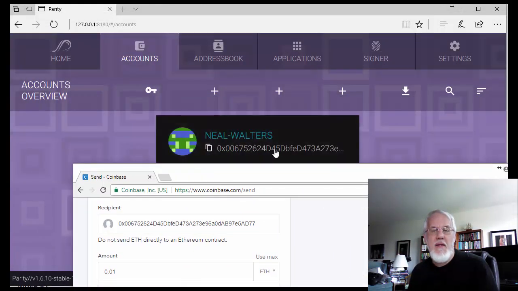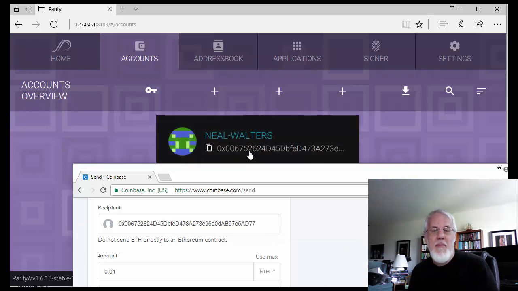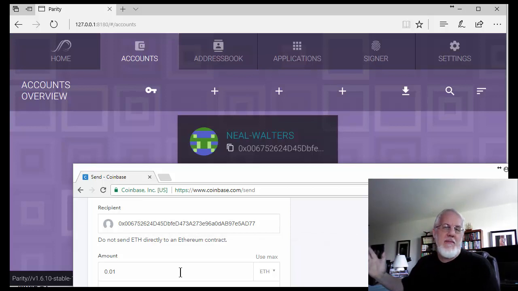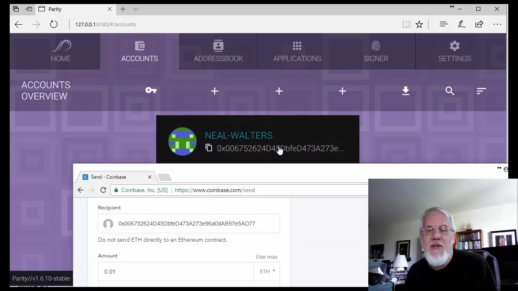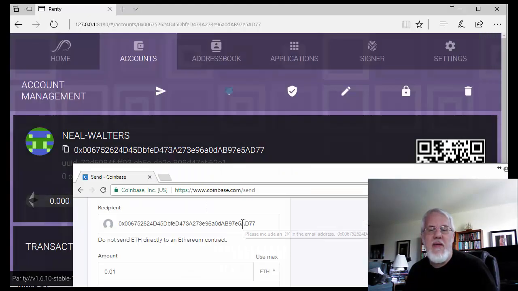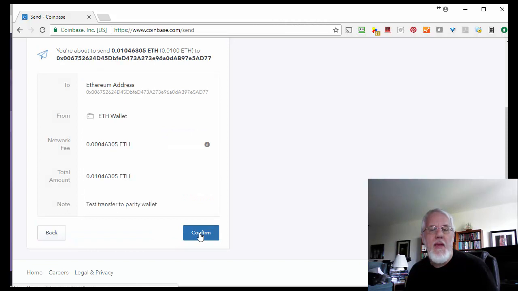Now, when I was talking about the copy virus, what you want to do is make sure that the wallet here matches what got pasted here. Because what these copy paste viruses, I've heard, can do is you copy one wallet and then they'll paste someone else's wallet here. And then when you send the money, it's going to go to that hacker's wallet, right? So you just want to make a quick check here and make sure, like here we see 06752, blah, blah, blah, and it ends with D77, right? And here we have D77. So we look good to go, and we're going to do send funds